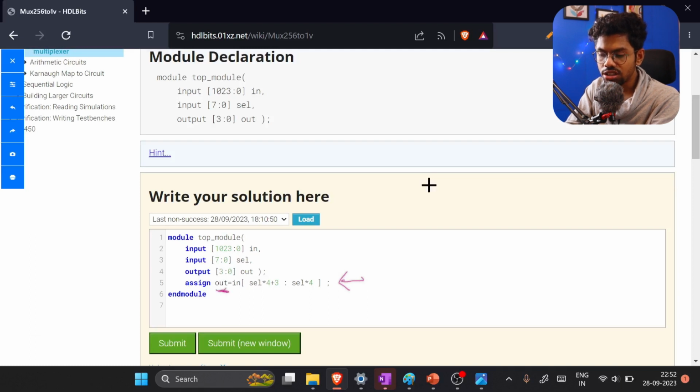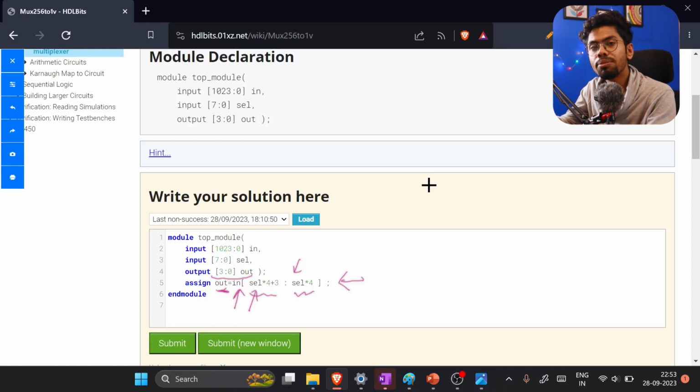It knows that your out is 4-bit, right? But you are giving a vector select here, one part of in you are selecting. And it is unable to detect the size of select, like what's the value of select, because it's a variable here. In the previous case it was working because it was only 1 bit. So it's unable to decide the value of select and what the expression would be, because here we are doing some mathematical expression, right? Which is not supported,